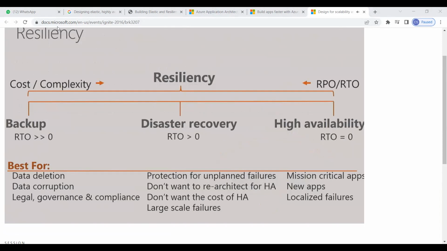The resiliency continuum is basically everything that has to do with keeping your applications online. This talk is all about high availability. I'm not going to talk about backup or disaster recovery. There are some links at the end of this deck to sessions that cover that content, and other talks here at Ignite that you can check out. But the thing that I want you to take away is RPO and RTO, recovery point objective and recovery time objective. For high availability, the target is 0. So the goal is that you are always online, and any fault that happens does not take your system offline. And that's what we're going to talk about designing systems for today.